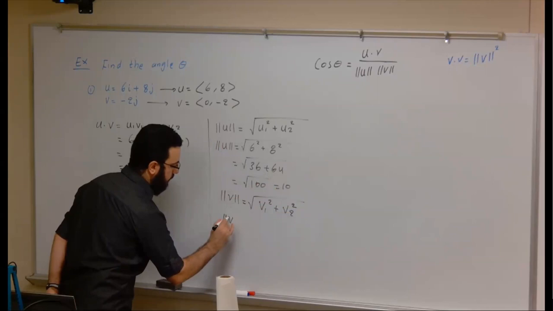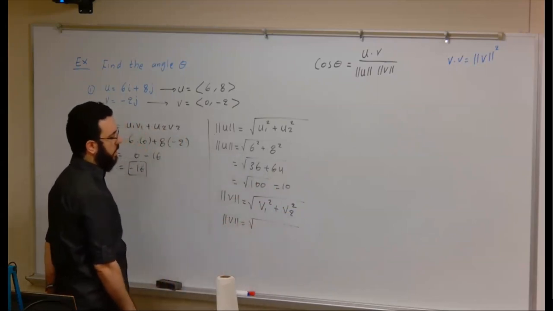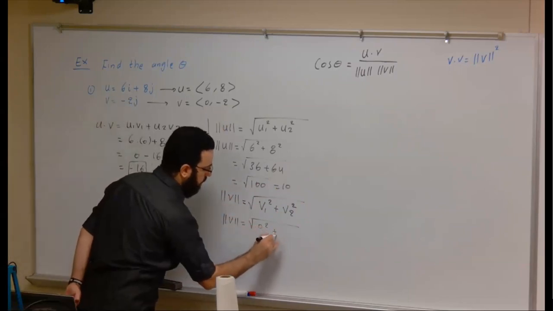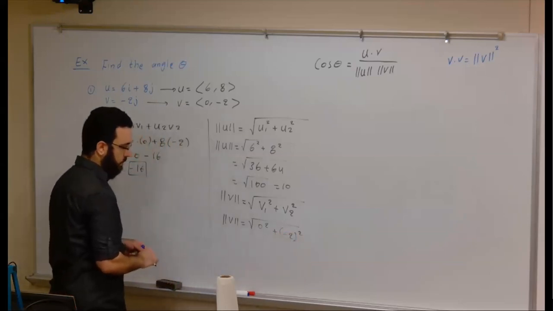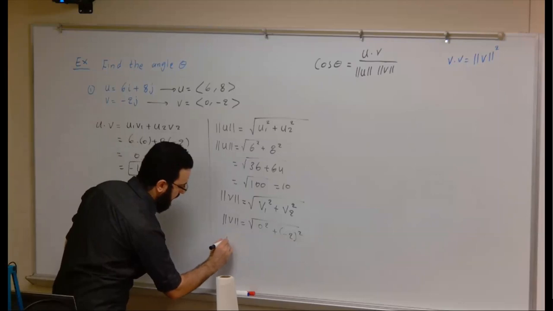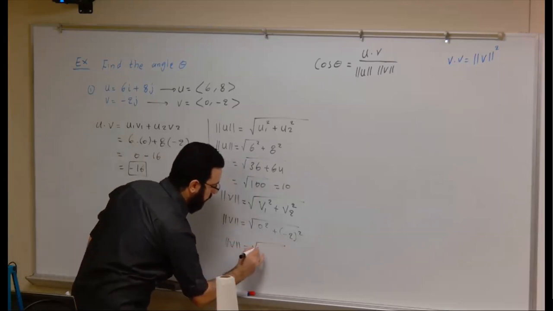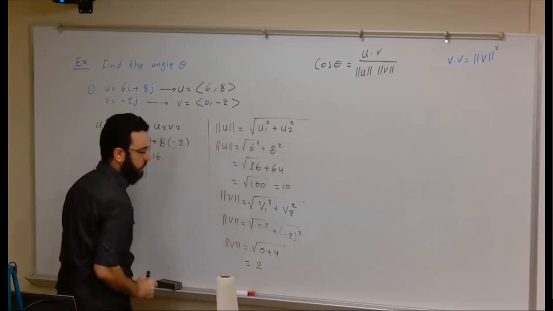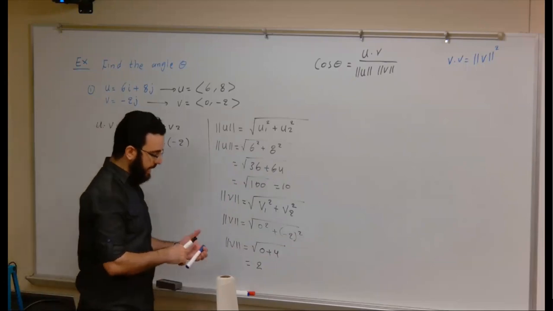That means the length of V is going to be 0 squared plus -2 squared. The length of V is going to be square root of 0 plus 4, and it's going to be equal 2. Because 0 plus 4 is going to be 4, the square root of 4 is going to be 2. So we have the length of